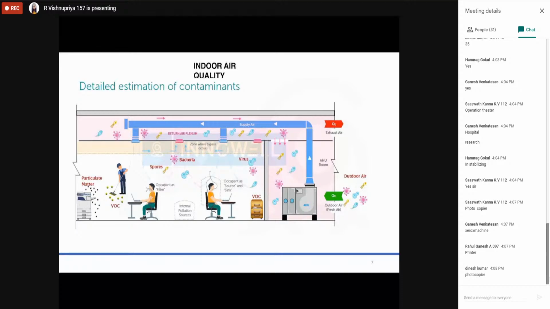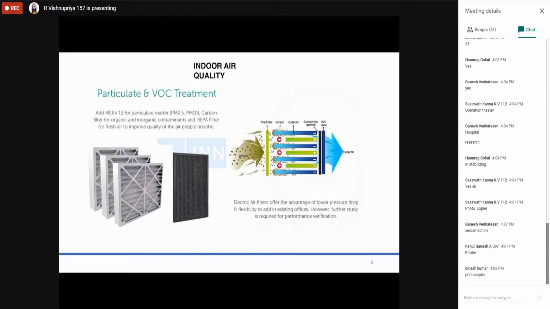Okay, get to the next slide. In that AHU, I'll tell you, I have a very simple explanation. Vishnu, 8 slides are there and another 6 slides, almost 14 slides. Am I right, Vishnu? Yes, sir. Only 6 slides I'm going to take. I'm not going to bore you, because it's a very interactive topic. Maybe I can complete as early as possible, so that we can interact directly after unmuting.